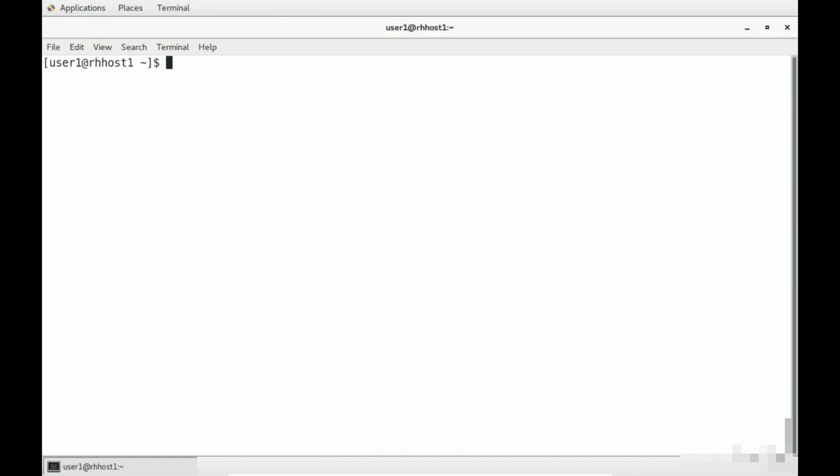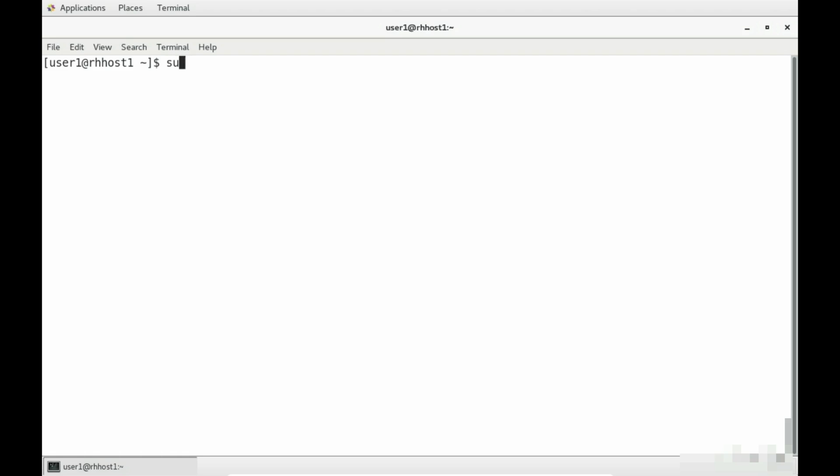SELinux, the mandatory access control system in Enterprise Linux 7, has controls that limit or grant access to all services, including NFS. Let's take a look at some of the booleans and security contexts that relate to NFS. You will want to be logged into RHOST 1 with the terminal open. Before we begin, we need to start the NFS service if it is not running.